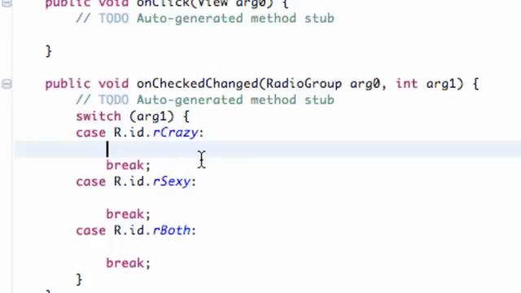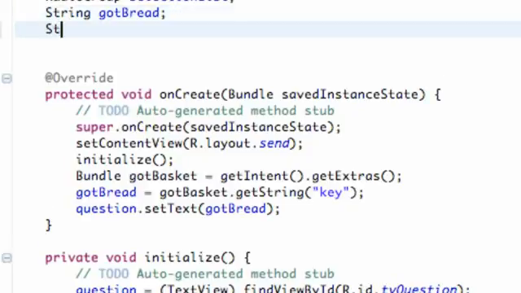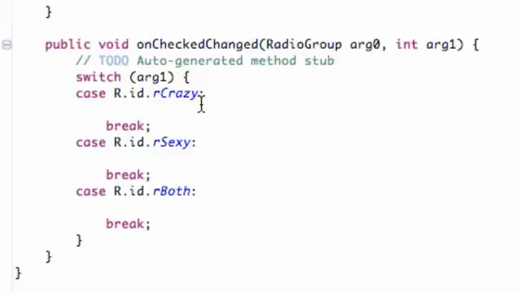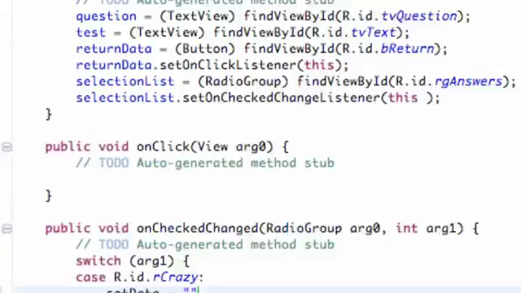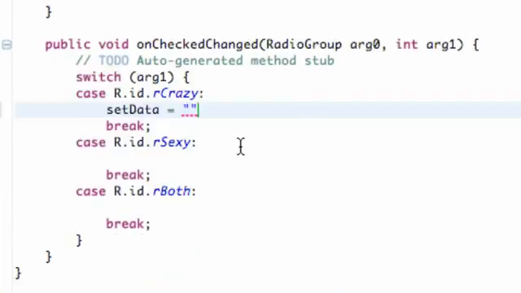But what we're going to do is set up a string variable above our class, and we're going to call it send data. We're going to set send data within our switch case down here. These are kind of the answers. Did we set up answers? Not positive. No. Alright. So we're going to say send data, and if it's crazy, we're going to say probably